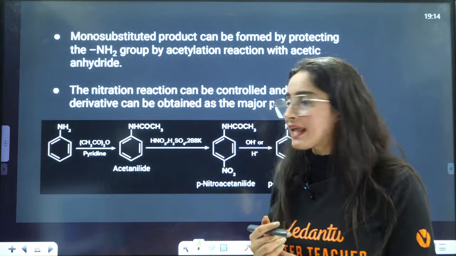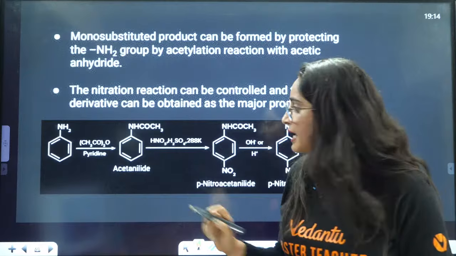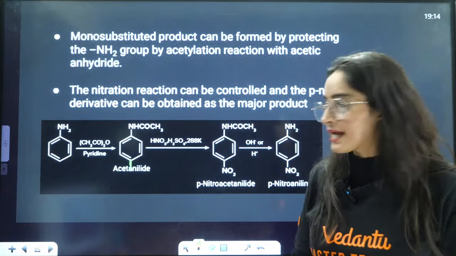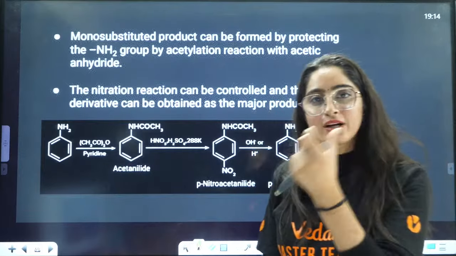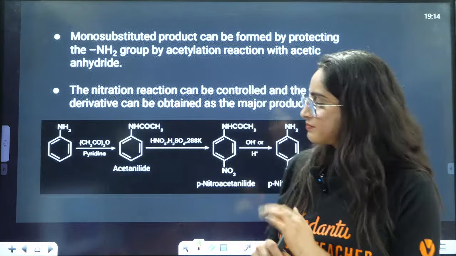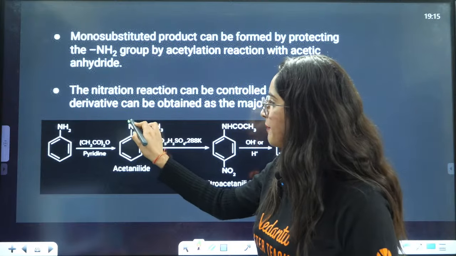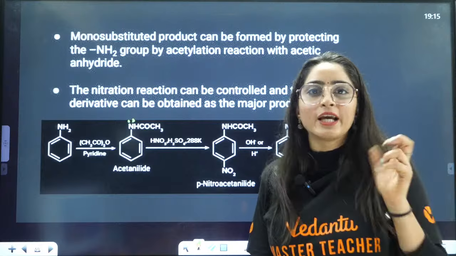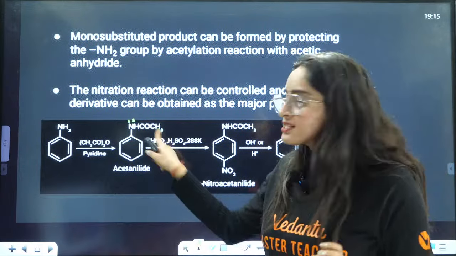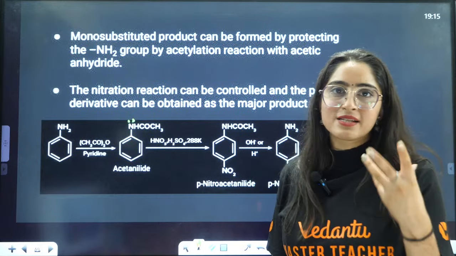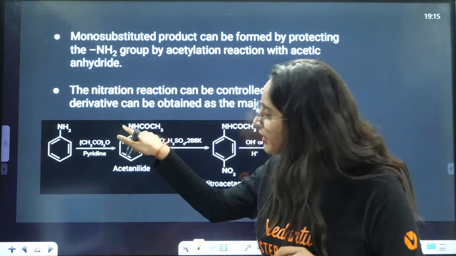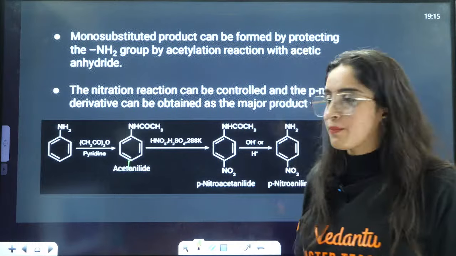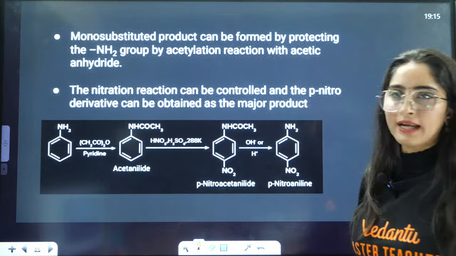Okay, after that you are adding the nitrating mixture. It will give you para substituted product, right? What we observed is that after acetylation, this nitrogen will not be able to form the anilinium ion, right? Because you have changed the NH2 to the acetylated form. That is why it will not be able to form anilinium ion. That is the reason you will get maximum para product, and hence when you do the nitration here, you will